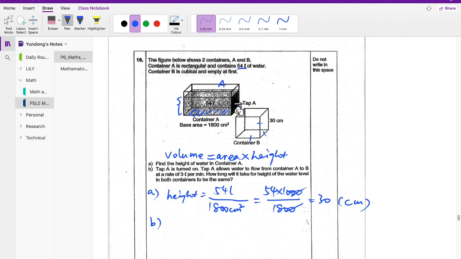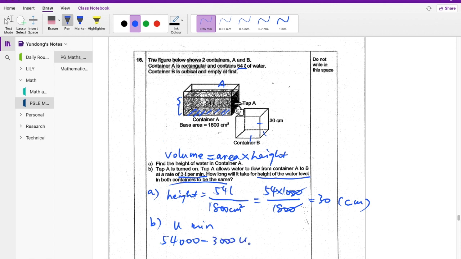Then it says A is turned on. This opens the tap, which allows water to flow from A into B at a rate of 3 liters per minute. How long will it take for the height of the water level in both containers to be the same? Oh, this is tricky. It could be an equation. Consider we let it flow for U minutes. Then we formulate an equation which says the heights are the same, right? For container A, the height equals the original volume minus 3 liters per minute,